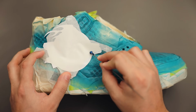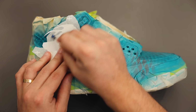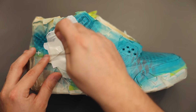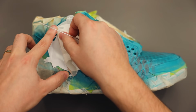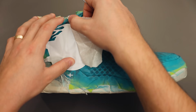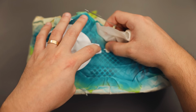Once we have that placed exactly where we need it to be, I like to grab the back of an old airbrush needle and just press down firmly on my vinyl everywhere. Then we can start to slowly peel back on our transfer tape, and take your time with this step, have some patience, because you want to make sure that all of the different portions of the stencil are staying perfectly intact and not rearranging as you're working on a different side of the stencil, peeling back some of that transfer